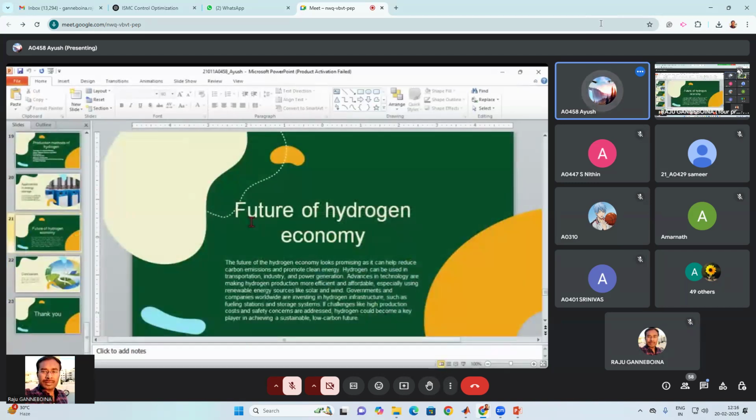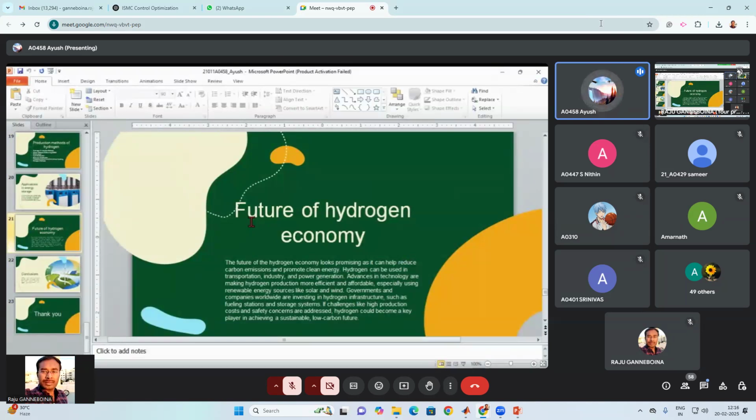Future of hydrogen economy. The future of hydrogen economy looks promising as it can help in reducing carbon emissions and promoting clean energy. Hydrogen can be used in transportation, industry, and power generation. Advances in technology are making hydrogen production more efficient and affordable, especially using renewable energy sources like solar and wind. Governments and companies worldwide are investing in hydrogen infrastructure, such as fueling stations and storage systems. If challenges like high production costs and safety concerns are addressed, hydrogen could be a key player in achieving a